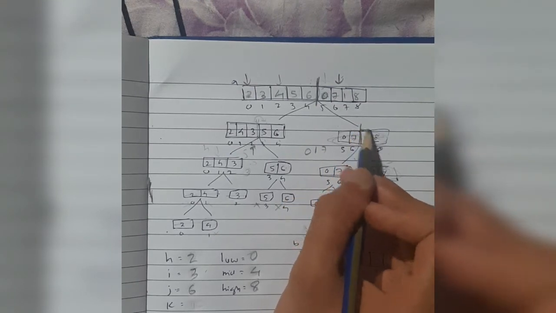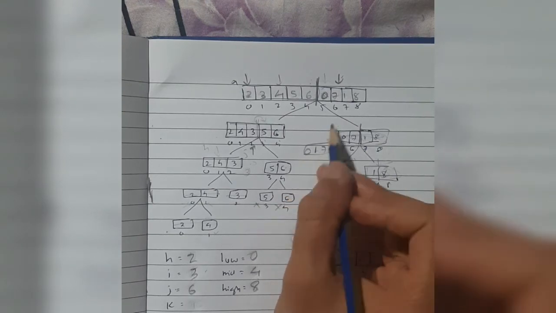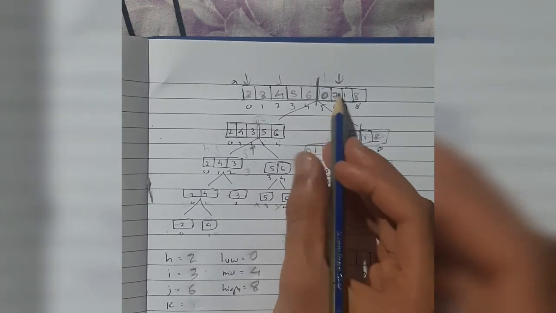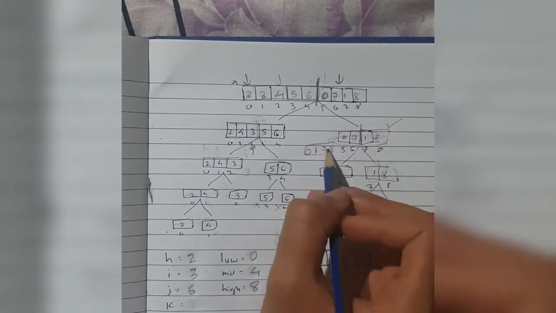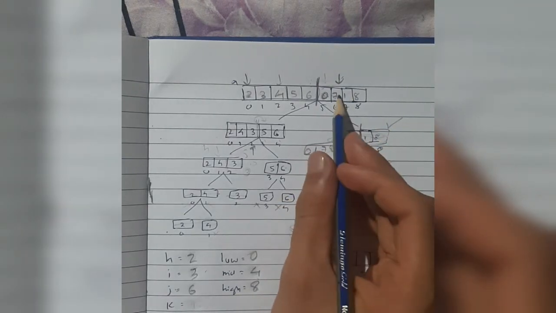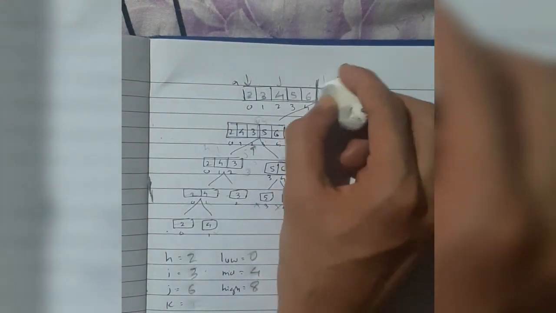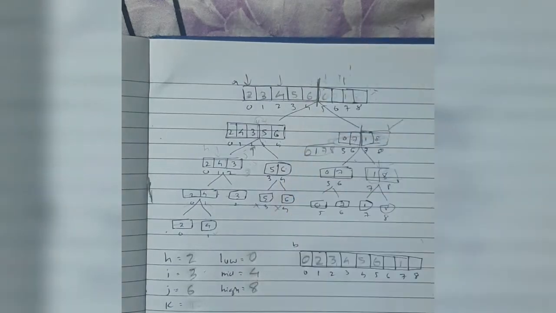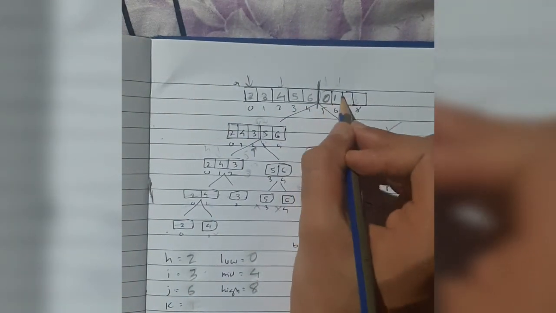When it crosses this point, the remaining element should be written in B. This was B element and this had to be copied here. So here the actual elements were 0, 1, 7 and 8 when we had called merge for this one. So 0, 1, 7 and 8 had to be written here. That was the actual value. I think we have missed there, but it is 0, 1, 7 and 8.